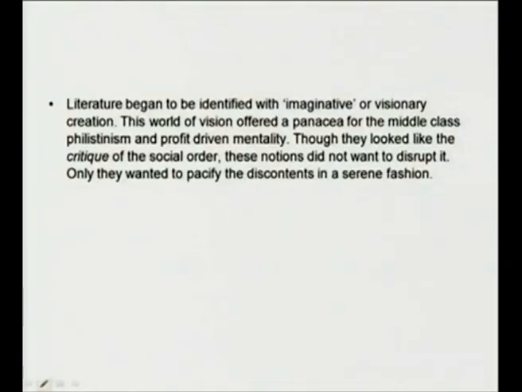When we see the 17th century, the age of prose, of the Augustan age, we find that what had happened was the question of decorum, of rules, but here it is coming back to the emphasis upon liberal humanism. So, let us now look at how literature began to be identified with imaginative or visionary creation. We have to understand this, that literature contains its own meaning, and literature is studied with close analysis of the